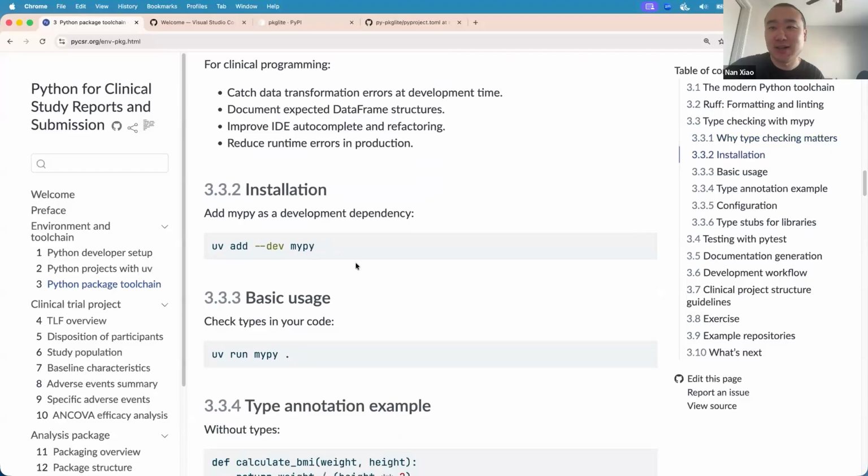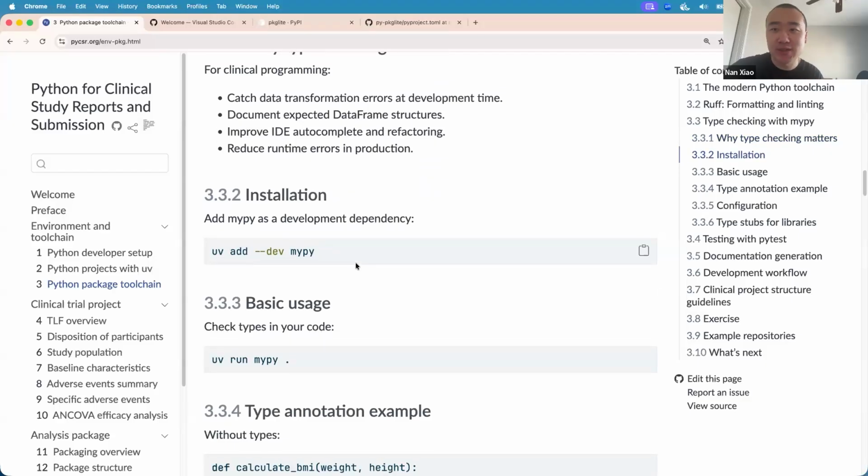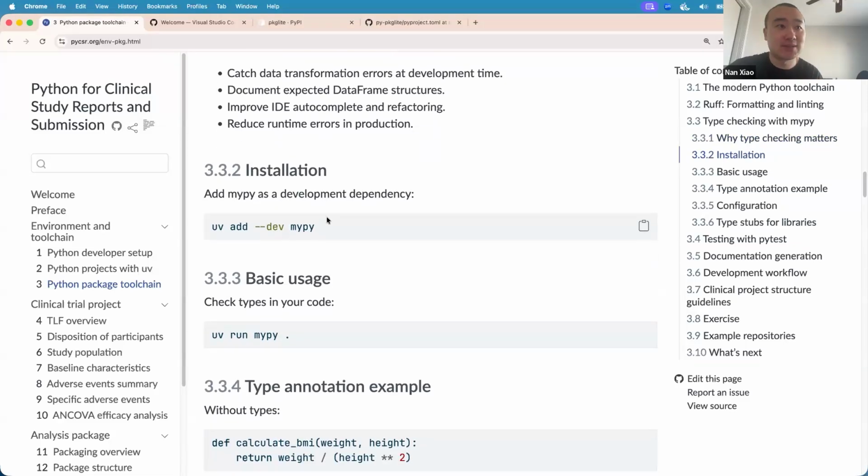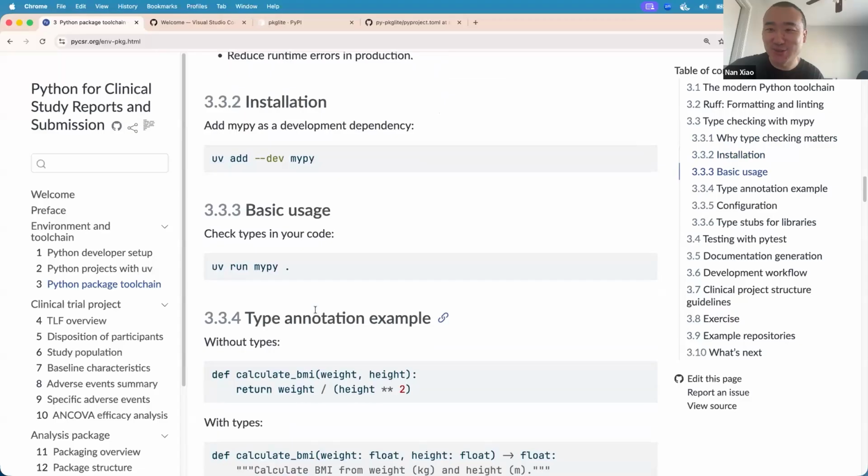Just know that there are a lot of tools available for type checking, and here we are just using the most common one called MyPy. You can use this as you use all the other developer tools, using uv run or uvx run, to do static type checking for a package. I know some people use Pyright and others, but all those belong to another day.